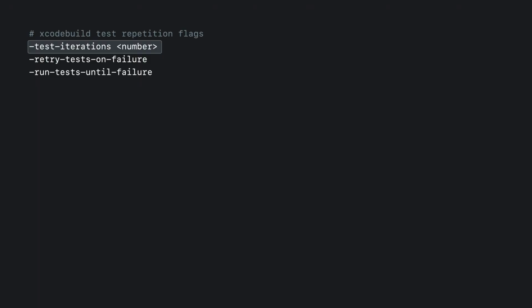Let's talk about another way to run your test with repetition, using the CLI. When running xcodebuild directly, you can add xcodebuild flags which override any test plan setting. Pass test-iterations with a number to run a test a fixed number of times. Or combine it with retry-tests-on-failure or run-tests-until-failure to use it with one of the other stopping conditions.